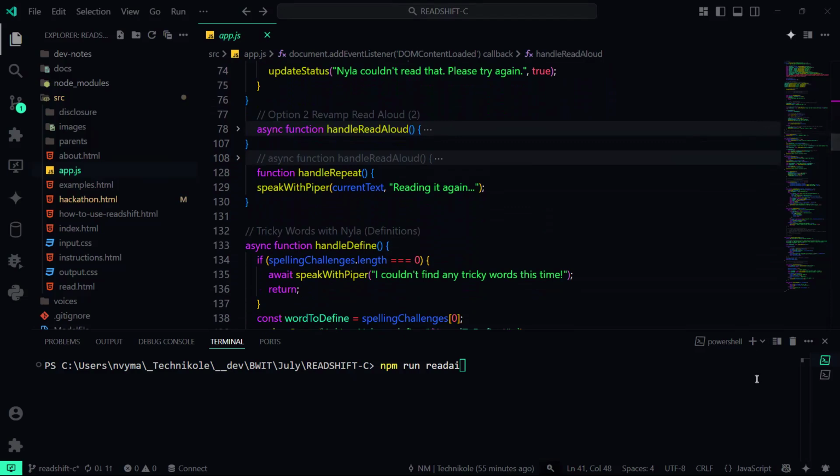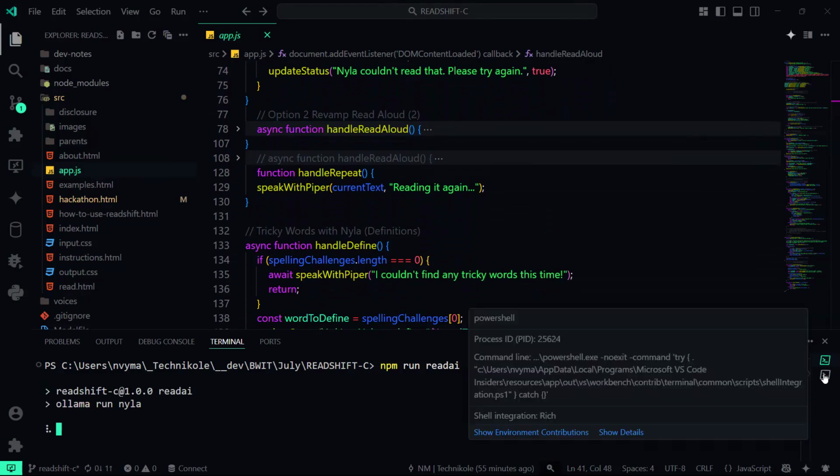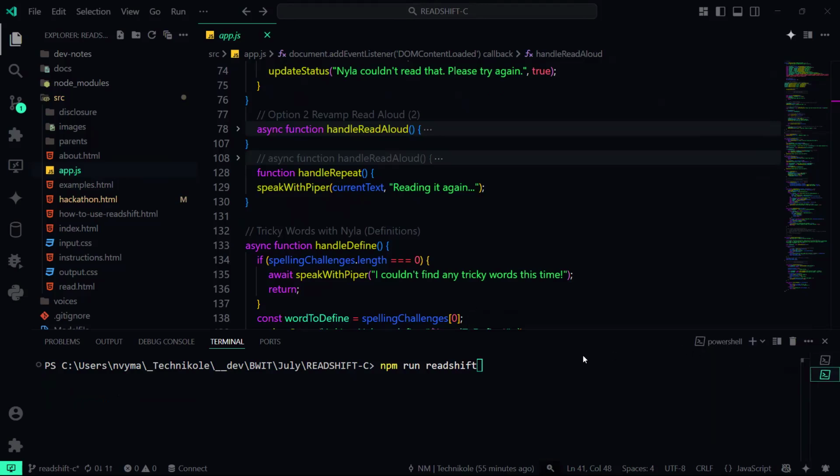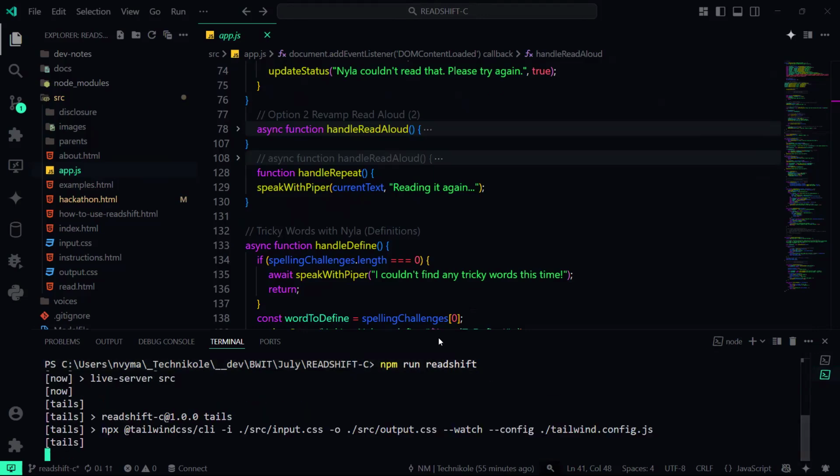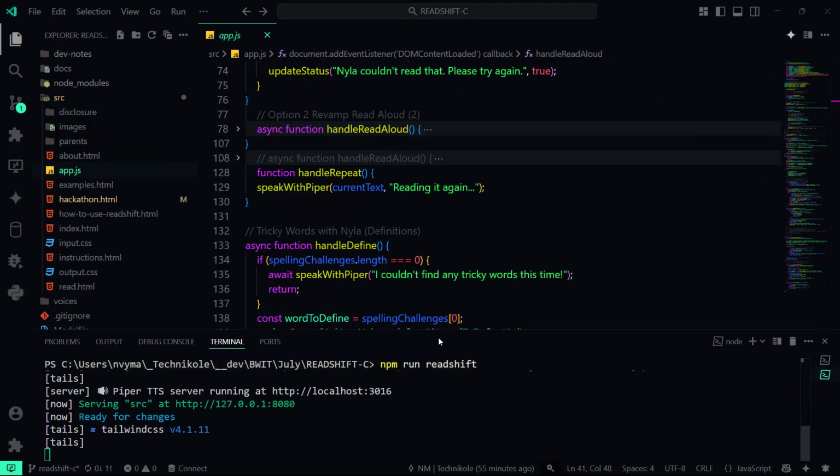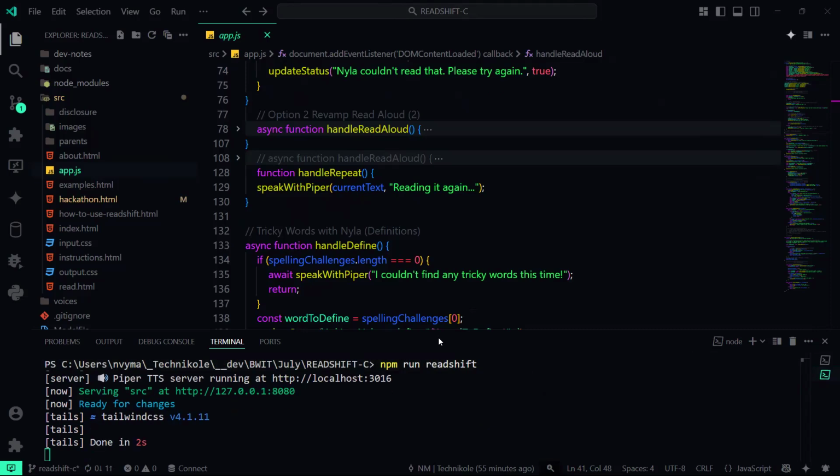We're going to get started with being able to run our Nyla instance. And Nyla is, the command for her is npm run read AI. And that will start Ollama and Nyla, the model that we created for this. And then we're going to switch to a different terminal and run npm run ReadShift. And once this launches, what's going to happen is you will see the browser pop up, and it will allow you to